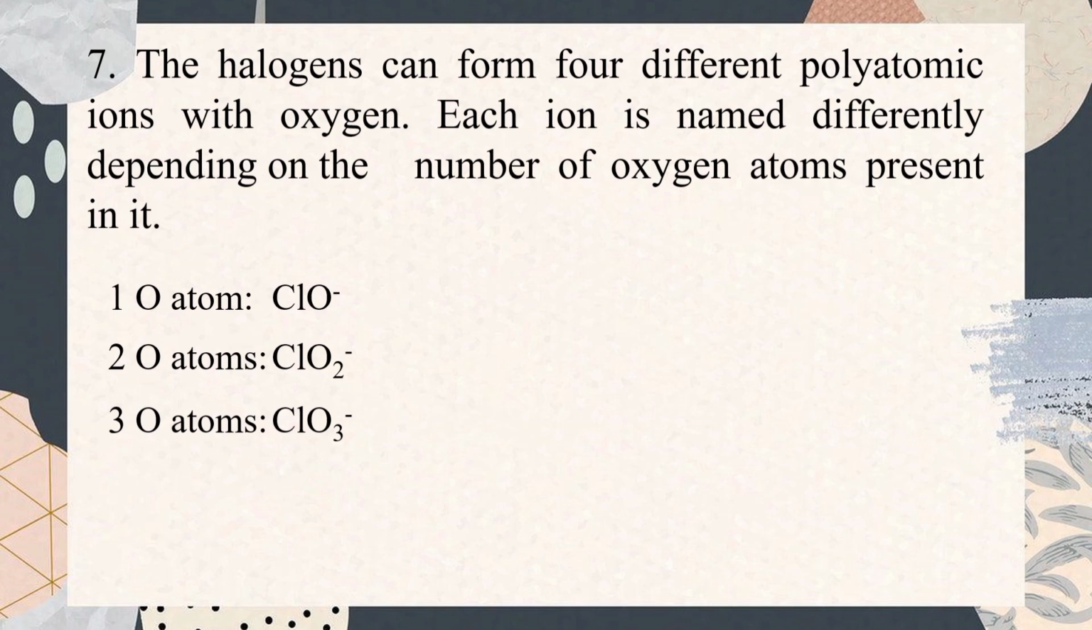What if it has 3 oxygen atoms? That would be ClO3 -1. And with 4 oxygen atoms, ClO4 -1. How are we going to name the first anion? We just simply put the prefix hypo. So, the name of the first anion would be